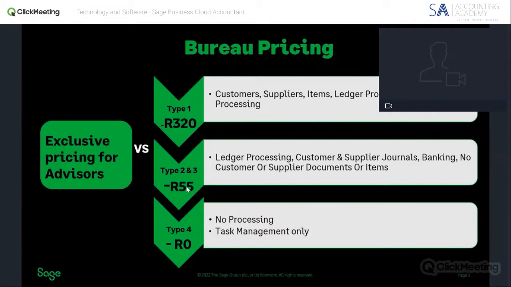So it can go down to 55 Rand with obviously limited functionality, but it's also up to you to know the type of services that you are providing for the client, because you're not providing the same services throughout the year. And some months you find that you're actually not processing at all for that client. So we do cater for that as well.